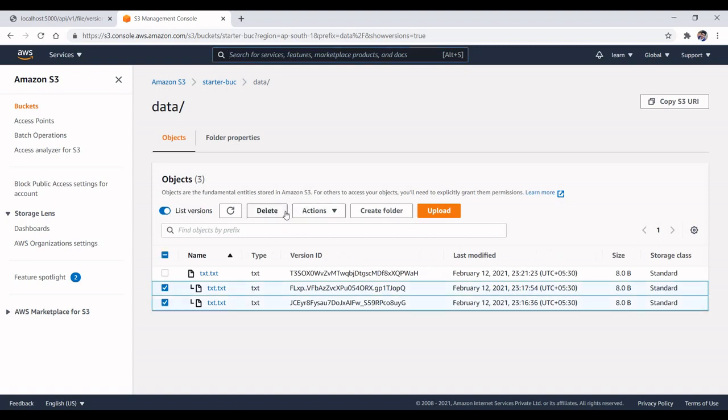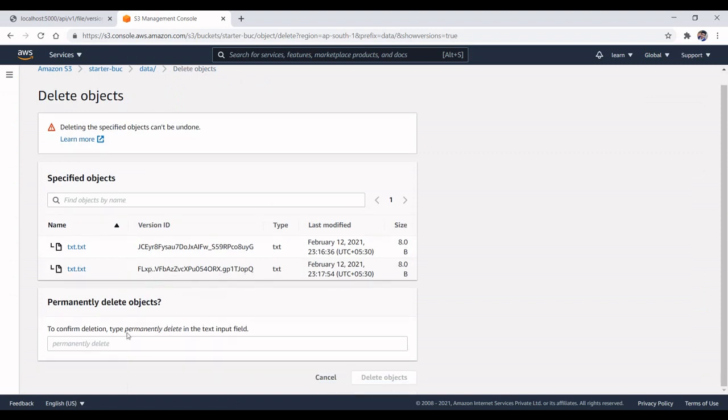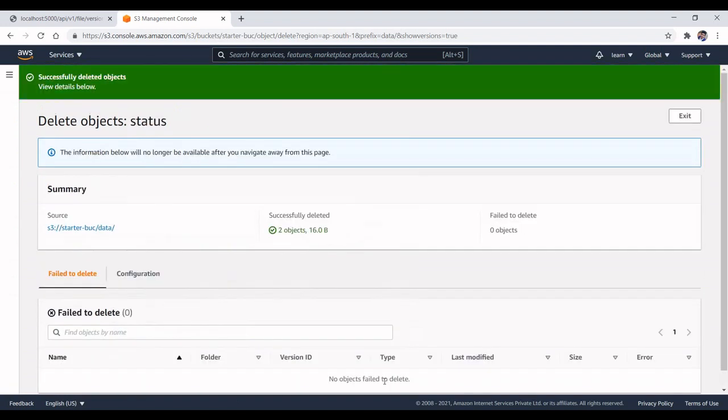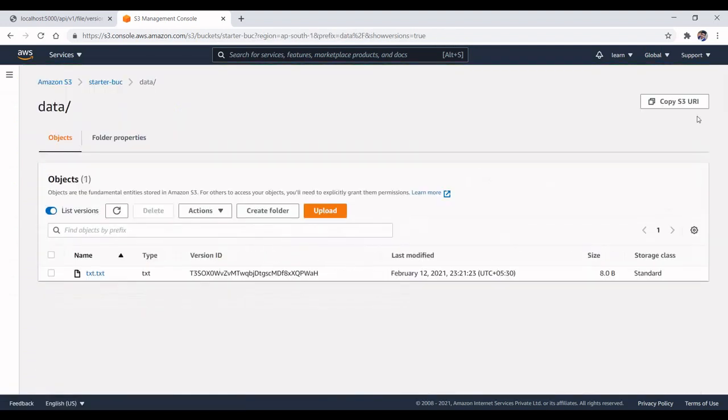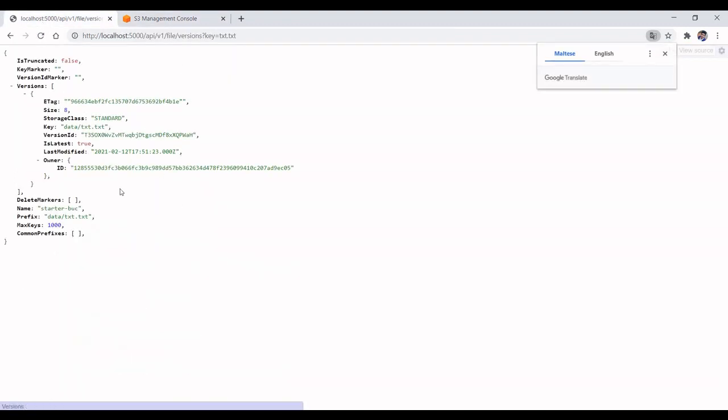You can delete here. For deleting, you have to type your statement. It's deleted. Currently it has one version.